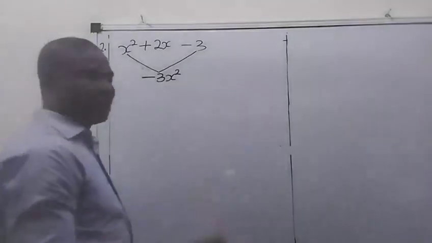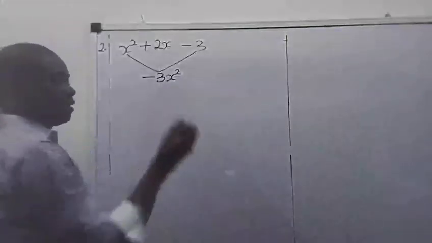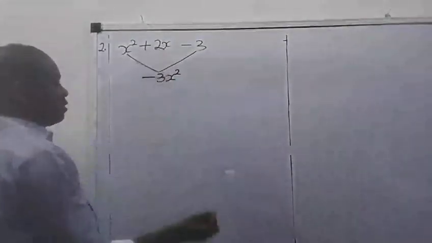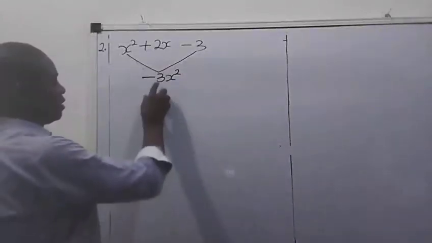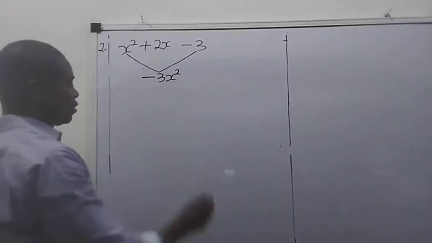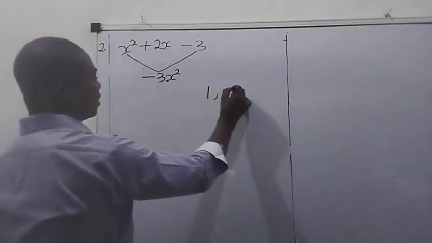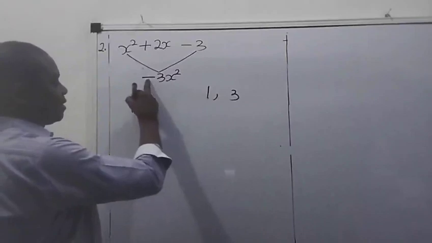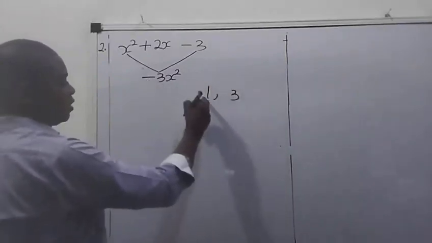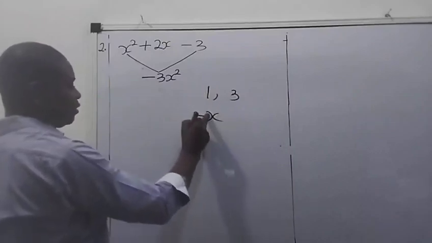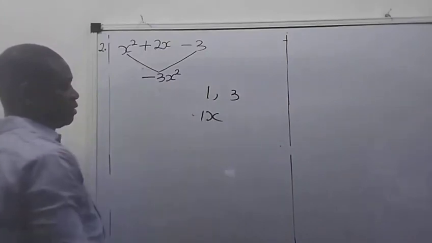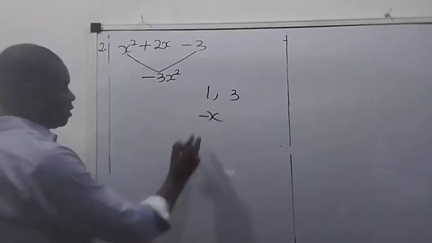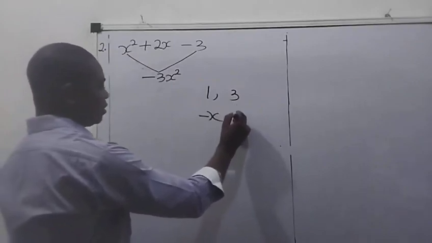It means we are going to look for 2 factors of 3, so that by the time we add the 2 factors, it will give us the middle number, which is 2x. And if we multiply it, it will give us negative 3x squared. So, of course, the factors of 3 are just 1 and 3. So, how do we apply the negative into these 2 factors? If I put negative x here, you know, in mathematics, we don't say 1x because it's just a letter. So you do not need to put the 1 there. So I can say minus x and